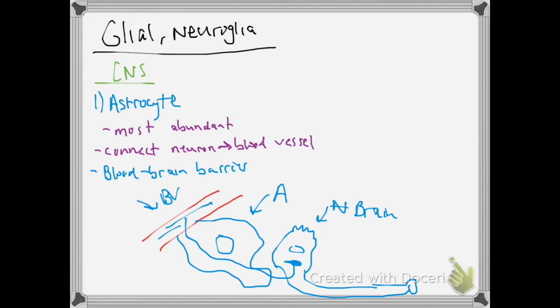Okay, sweet. So astrocytes: most abundant, creating this blood-brain barrier, preventing certain things from being able to interact with our brain tissue. We don't want toxins to be able to interact with our brain tissue. All right, so that's the first CNS one. Next,